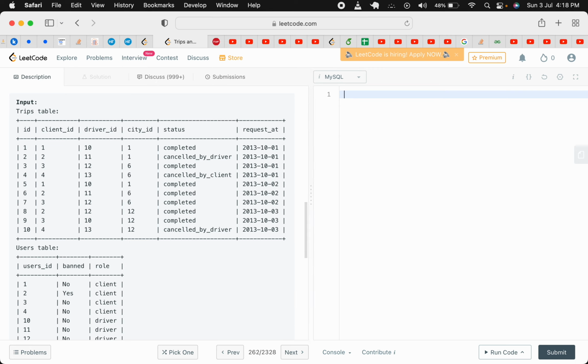So we need to do select request at, and we need to alias it as day, comma, and we need to do round and sum, and I'm going to apply one if condition here. Inside sum, I'm going to apply an if condition. So if status,